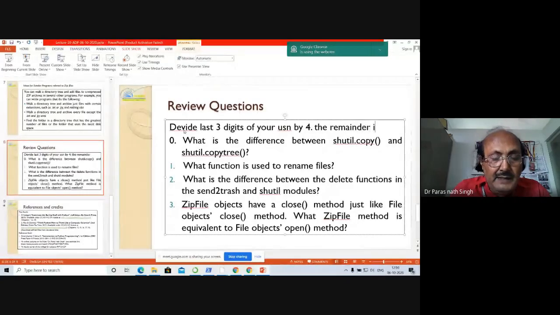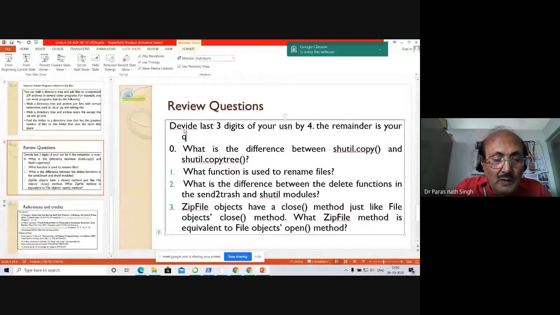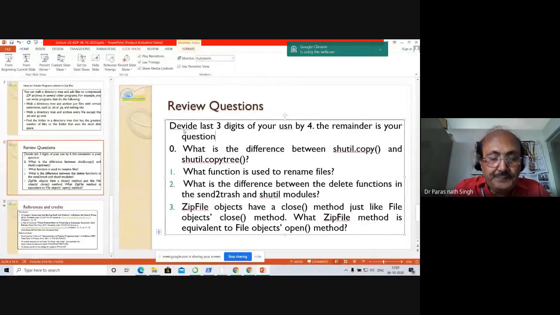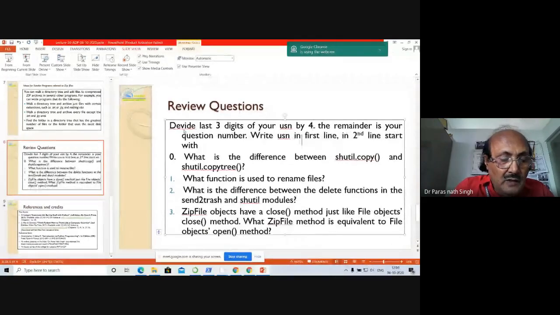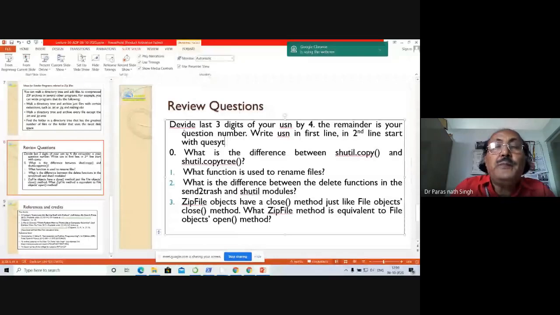The remainder is your question number. Now, write your USN in the first line. In the second line, start with the question number.